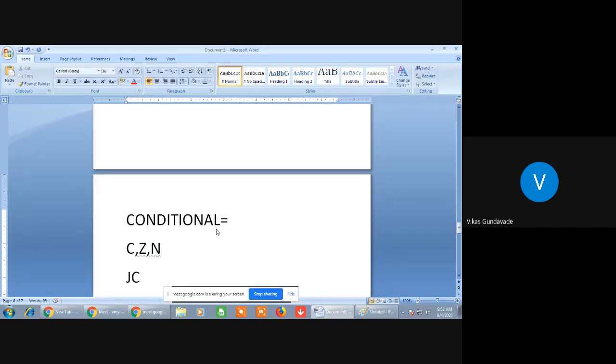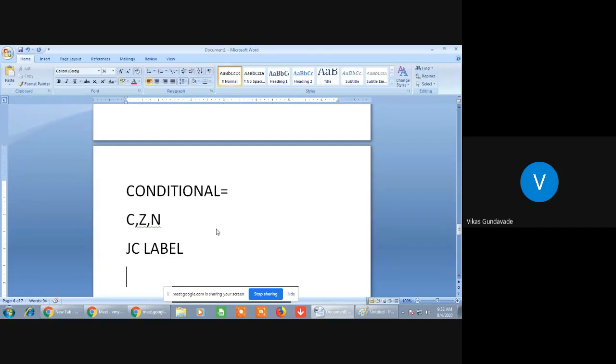For simplicity, we will write JC label. What does it mean? Jump if carry is set. The carry is set in the PSW register. So if that carry bit is set, then only jump to this labeled location. Otherwise,